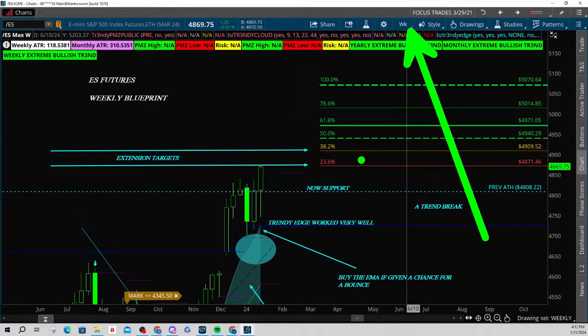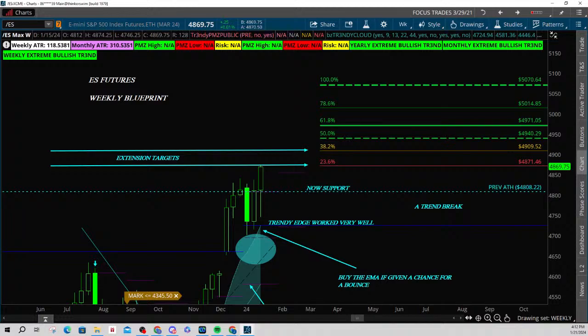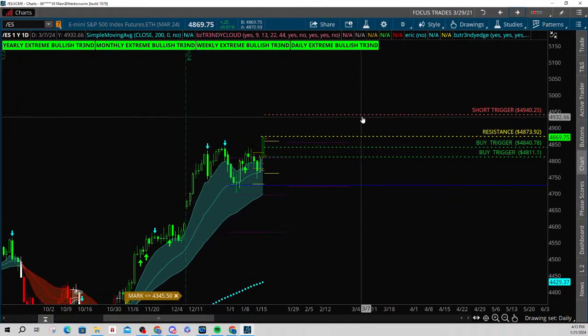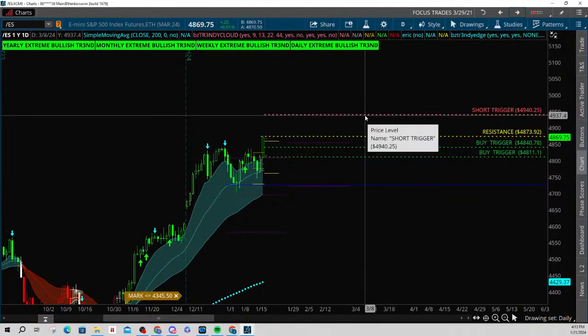And if we start to get up here, and let's just say that we get towards 4,900, then this becomes support and this becomes resistance. It's that straightforward. Now let's go into the daily. Remember, the short trigger, we do not go short just because it says short trigger. We use a very specific plan to go short. Things have to line up. And again, in this bull market, these shorts are basically just opportunities to make some points to the downside if we see our indicators pop up there.